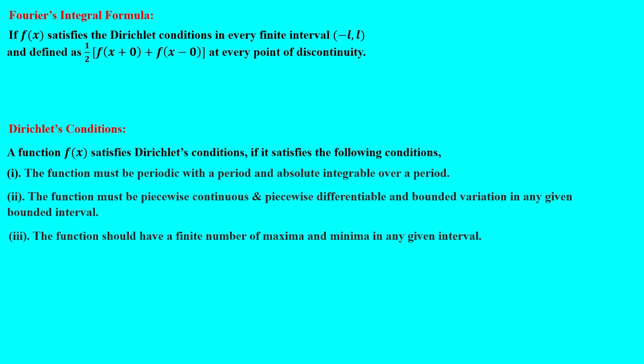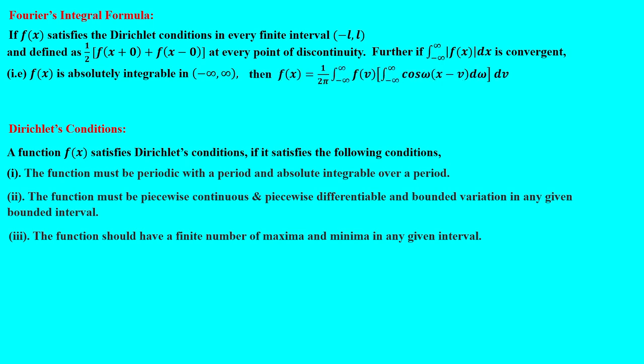Okay, we'll go to the Fourier integral formula, defined as 1 by 2 of f of x plus 0 plus f of x minus 0 at every point of discontinuity. Further, if integral minus infinite to plus infinite modulus f of x dx is convergent, that is, f of x is absolutely integrable in minus infinite to plus infinite, then f of x is equal to 1 by 2 pi integral minus infinite to plus infinite f of v integral minus infinite to plus infinite cos omega times (x minus v) d omega dv,